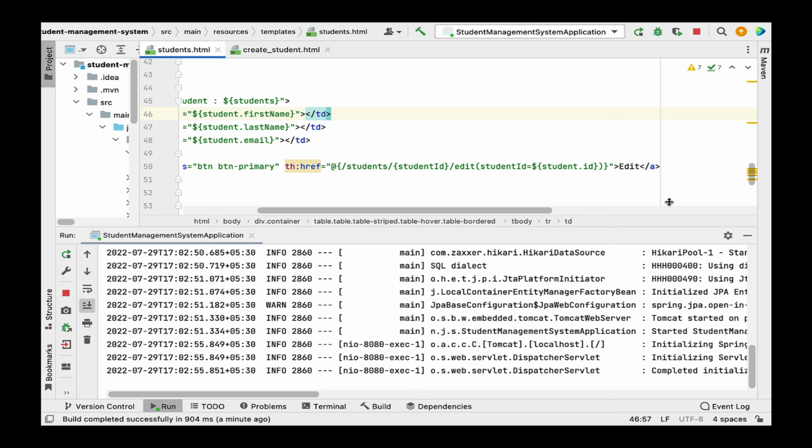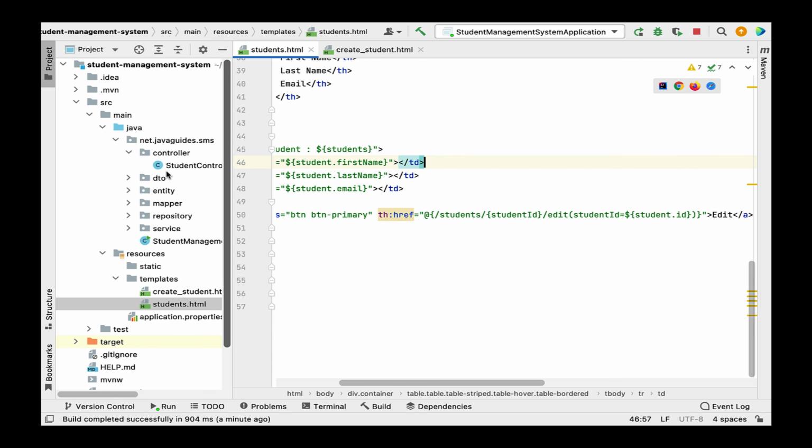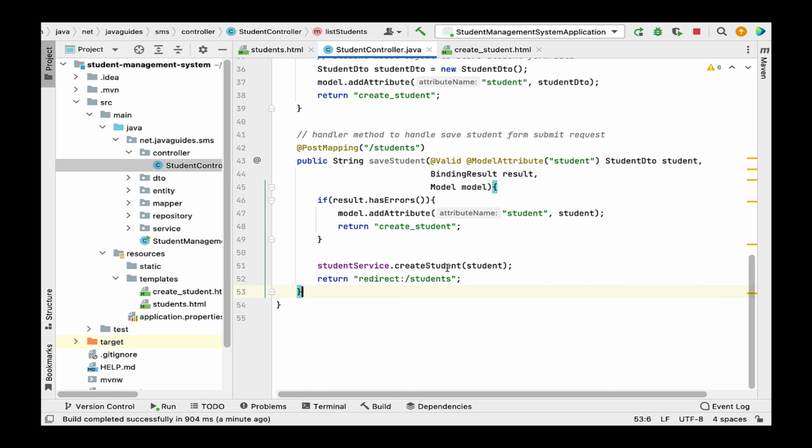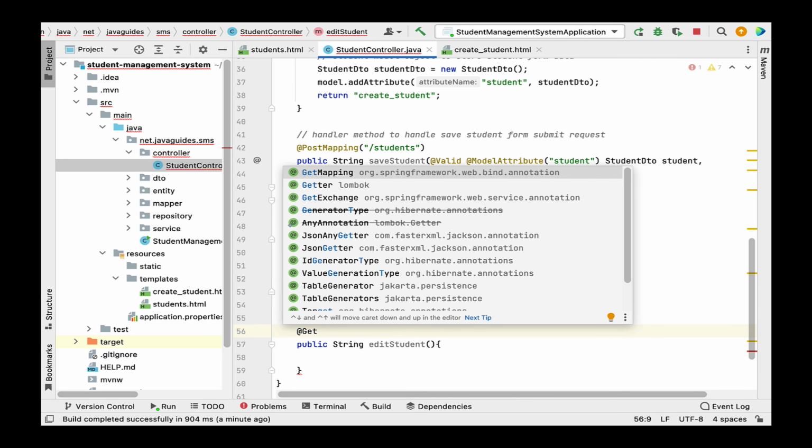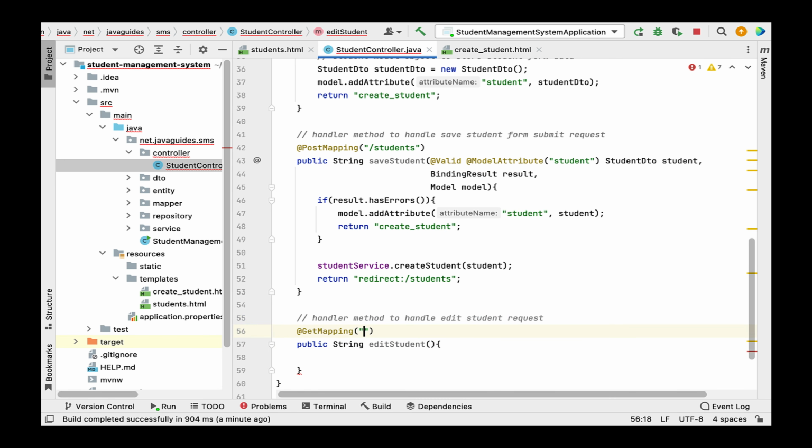So let's go to IntelliJ IDEA and go to the student controller, scroll down and go to the bottom, and here let me write the comment: handler method to handle edit student request. Perfect. Just type public and the return type is String, and let's give the method name as editStudent. Alright, and let's annotate this method with the @GetMapping annotation to handle HTTP GET requests, and let's pass the URL, that is /students/studentId